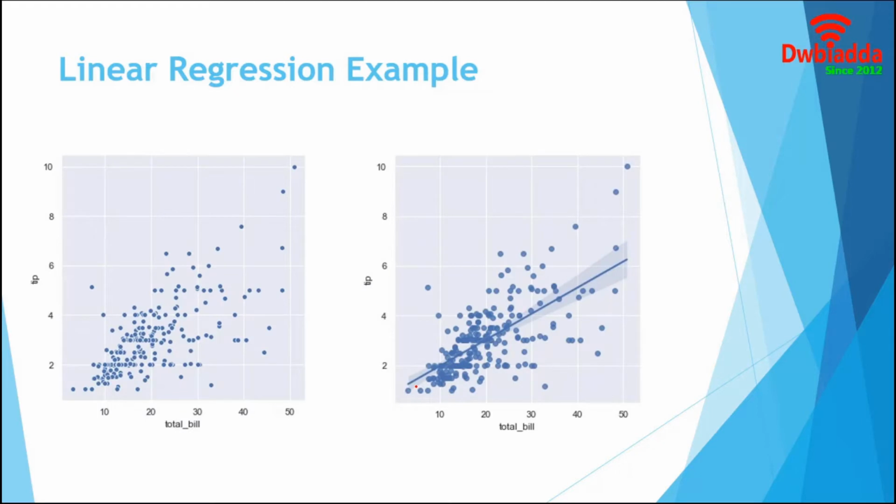Many data sets contain multiple quantitative variables, and the goal of an analysis is often to relate those variables to each other. It can be very helpful to use statistical models to estimate a simple relationship between two noisy sets of observations. Let's consider this left plot. It is a simple scatter plot for total bill and tip variables. From this scatter plot, we can understand that they have positive and strong correlation. But it is not possible to understand how exactly the trend is available in the pattern.